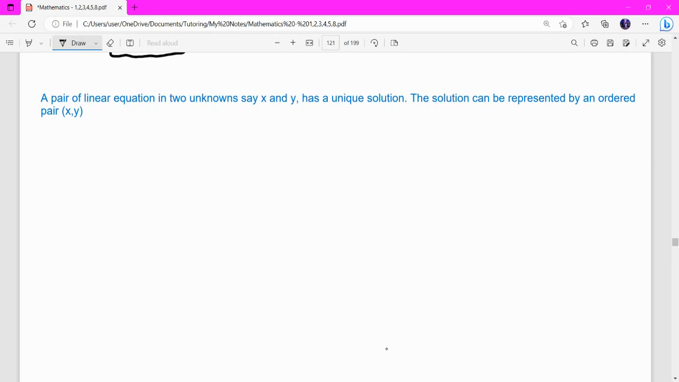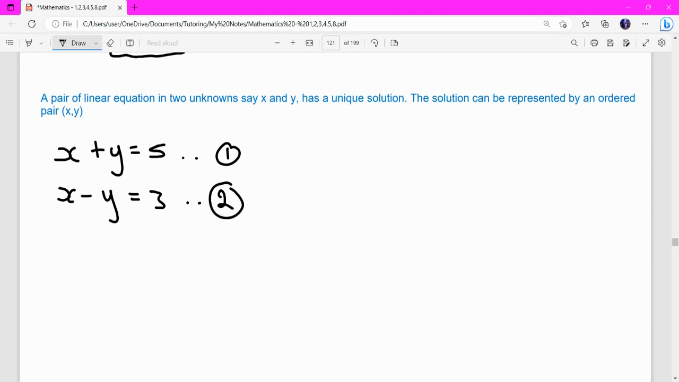So let's say you have x plus y is equal to 5. Then you have a next linear equation below. You have x minus y is equal to 3. Right? So you have two equations and you have two unknowns. X is the unknown and y is the unknown. So you label them equation 1 and equation 2. So basically you have a pair of linear equations for simultaneous equations, right? And you need to find the value of x and y that satisfy both equations,